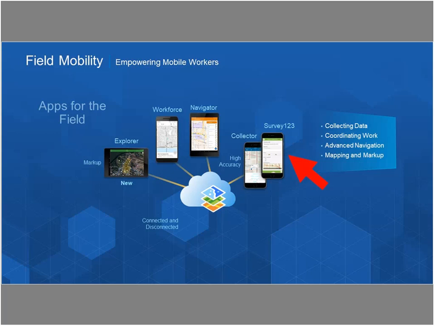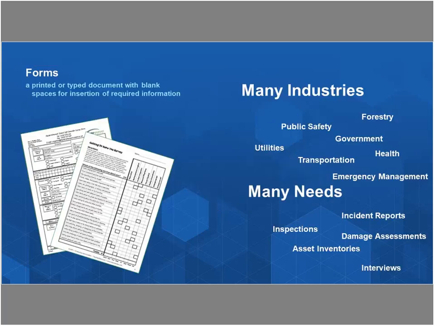But then what we're going to be talking about today is Survey123, which is a little bit of a different field application. And it's really centered around this idea of forms, right? So forms are ubiquitous in pretty much all the industries where you need to capture information in a structured way. So when we think about forms, we think of some sort of written document with questions, and then there might be some sort of structured responses, right? That might be a quantitative value, or it might be categorical, where you have to select one of some predefined